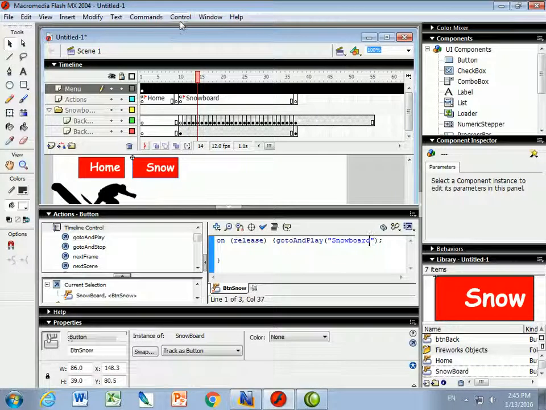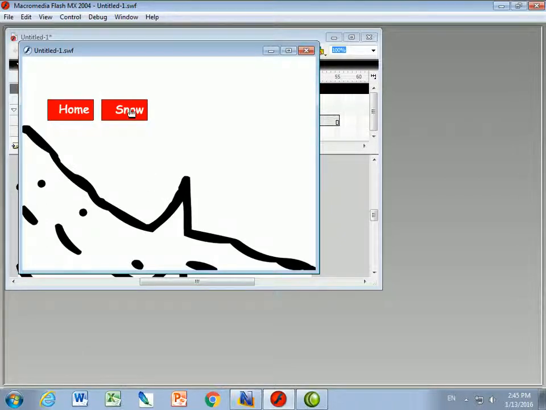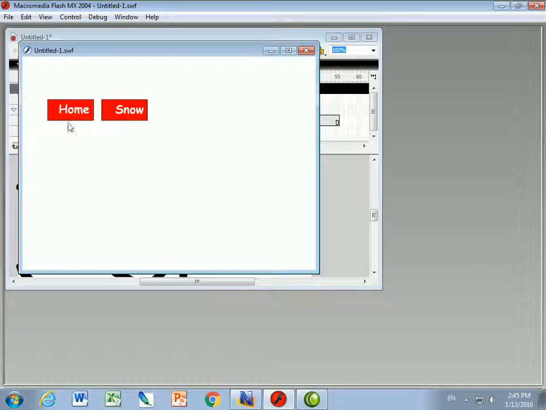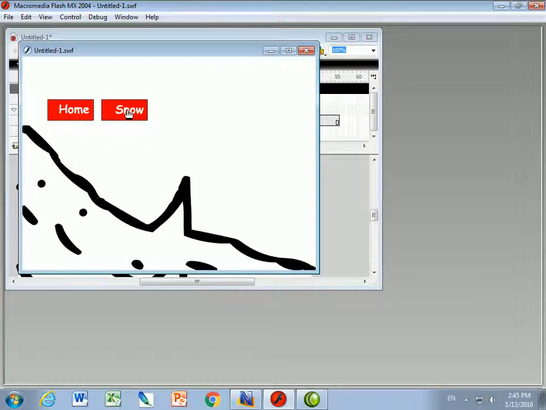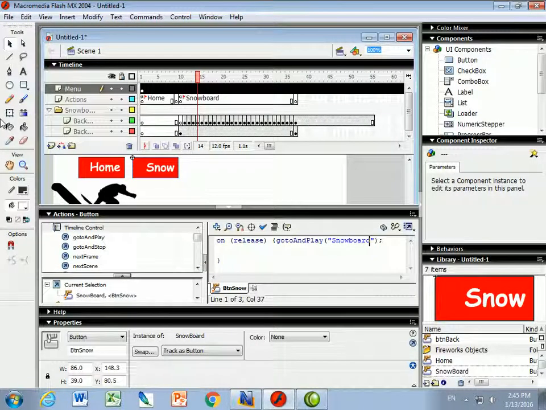Let me test it out and just see what it looks like. So I'm going to test the movie, home, stop. So the stop works. When I click on snow, the snowboard is going to play, and it should play all the way to the end and stop. And then I'm going to go back to home, and it's going to go to the home menu. So everything disappeared because the home menu had nothing on it. I hit snowboard, it's going to go to the snowboard one, and when I hit play, it's going to play. Okay, that's how you make a series of a menu, and how you put